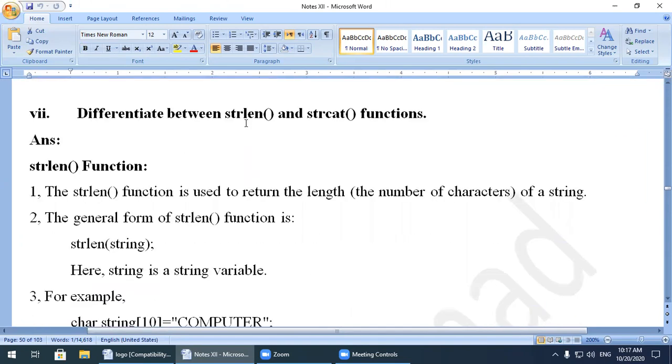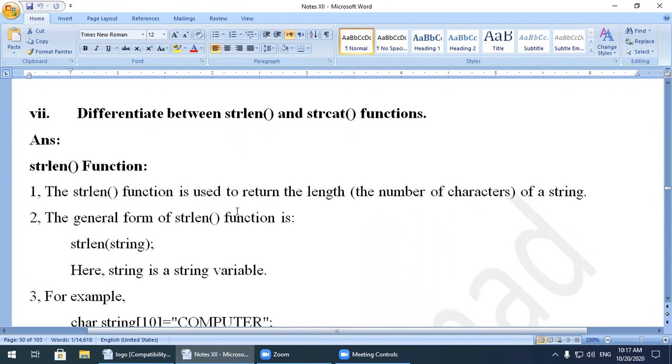Next question: differentiate between the string length and string cat functions. The string length function is used to return the length, the number of characters, of a string.